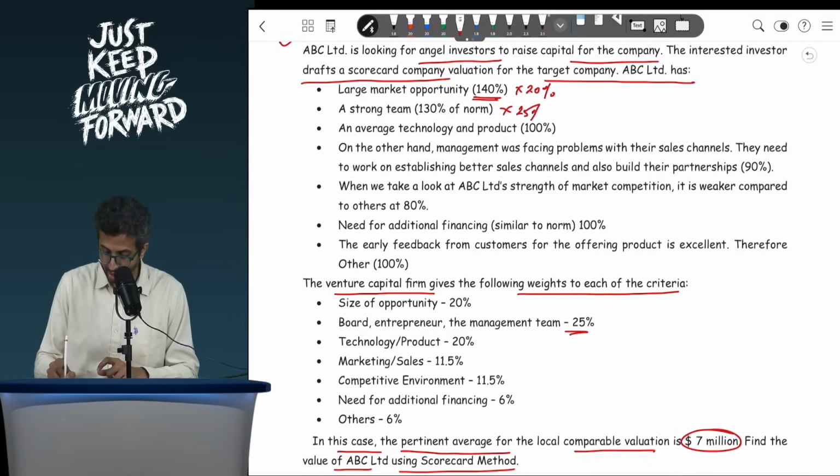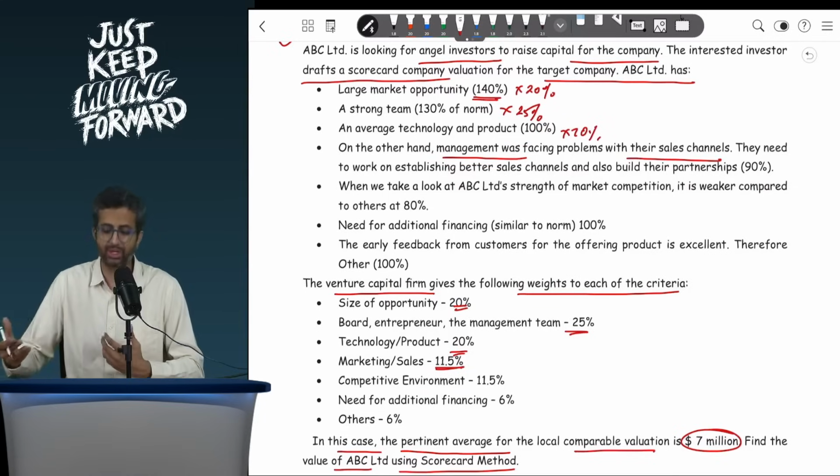So this is 25% weight to the team. Average technology, so on the technology, the weight is 20%. So this is 20% over here. Marketing and sales, 11.5%. So here you have been told, on the other hand, management was facing problems with the